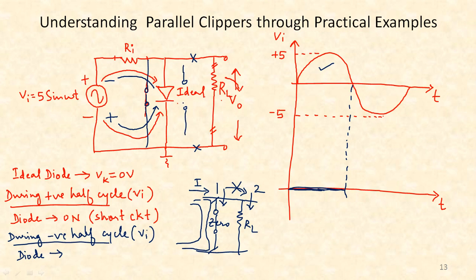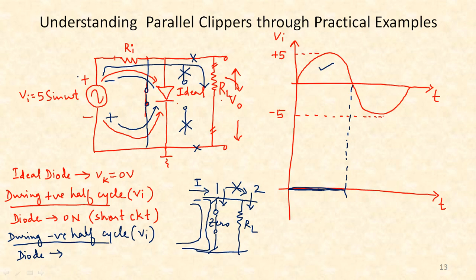Whenever the diode behaves like an open circuit, it's as good as detaching that particular portion of the circuit. What does it mean? It means that the diode is not present at all because it is behaving as an open circuit. Now what does the circuit constitute of? Now we have just the input signal, the internal resistance Ri and the load resistance RL. So this is the path where the current flows now, because the diode is behaving as an open circuit.